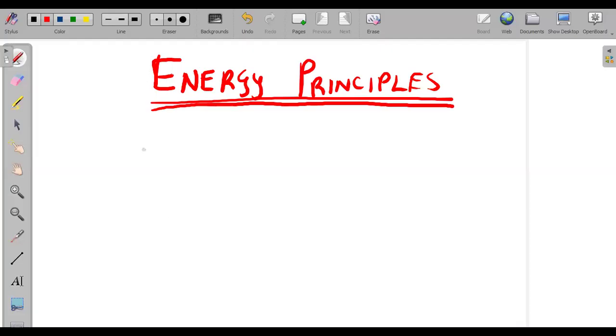Hello guys, in this lesson we want to talk about the energy principles. So let us first define energy. Energy is defined as the ability to do work. So it is the ability to do work, that's energy. So we have a number of energy principles that we are required to know and then make use of when answering questions, specifically under work, energy, and